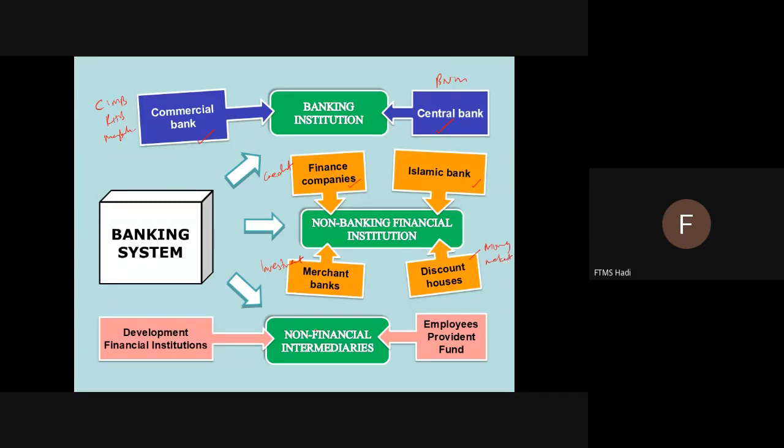And the final class is non-bank intermediaries, which is apart from banking institution and non-banking. The first one, development financial institution, that means institutions that can assist selected sectors of the economy for development. For example, Agrobank in Malaysia, previously called Bank Pertanian, and then SME Bank, and MIDF, and so on. And the second one is the Employee Provident Fund. This one is for pension for the future. In Malaysia, we call it KWSP. In other countries, we call it EPF.